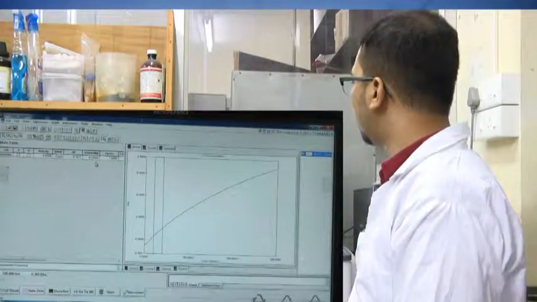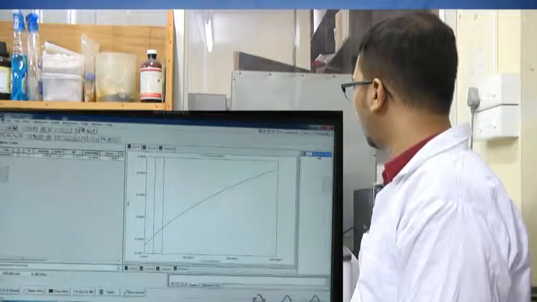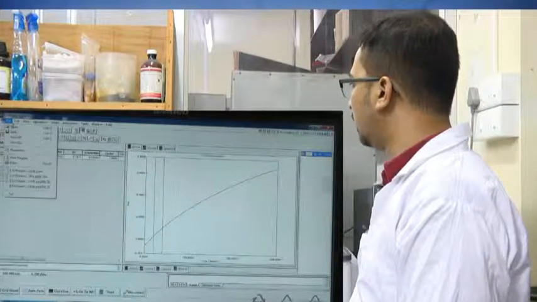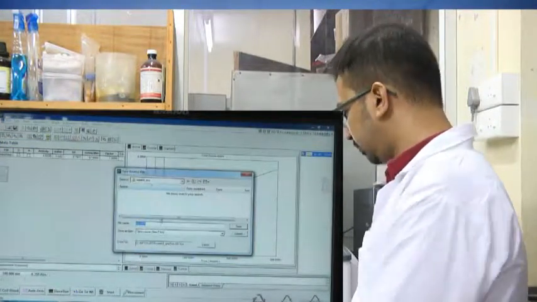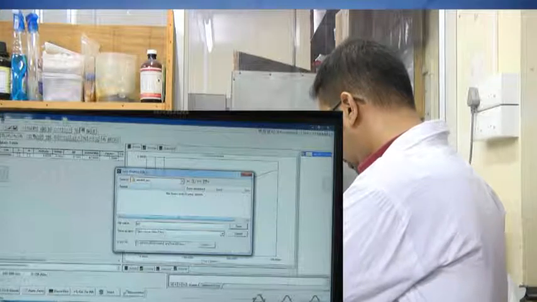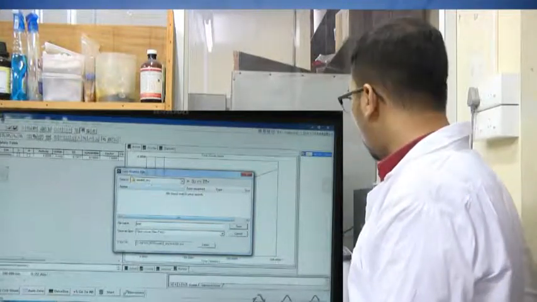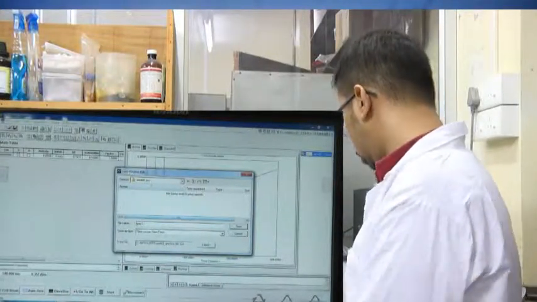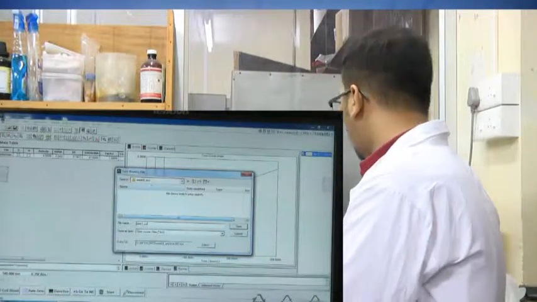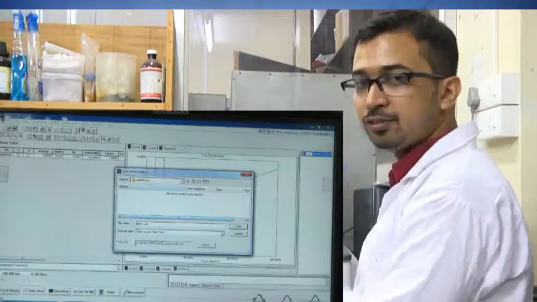So, what you can do is that initially you need to save this one. Okay. For saving you go to file, save as, I am giving it sample FAM1 underscore catechol. So, this is the first sample for catechol.